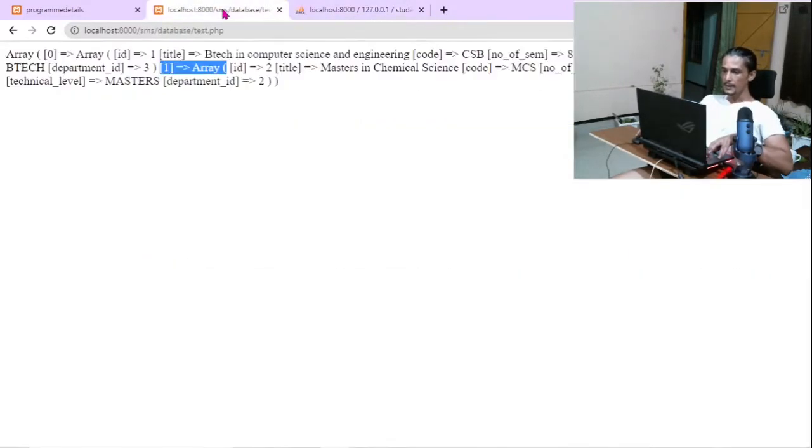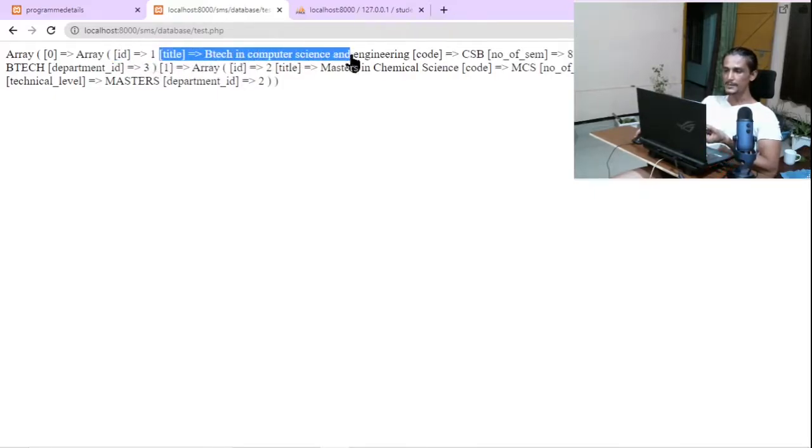Okay, now representing the content in this format, like something implies something. Now, key implies value. Each and every element of the array is actually represented as a key value pair, isn't it? You see here, ID is the key, value is 1. So key implies value, title implies this thing. So if the elements of an array are in this format, like key implies value, then that particular array is